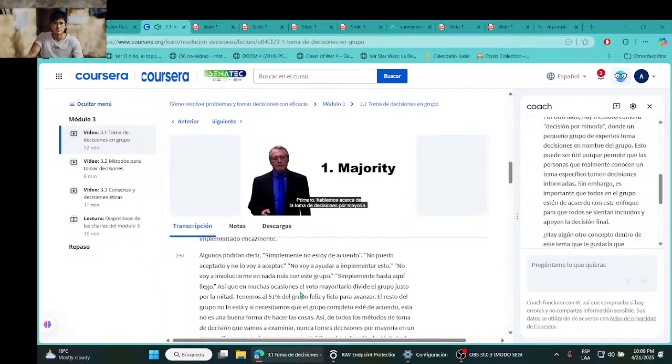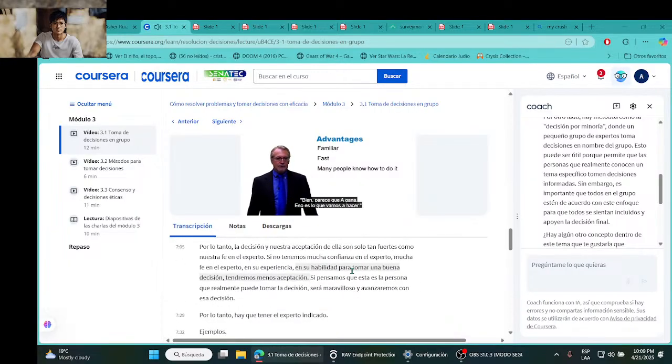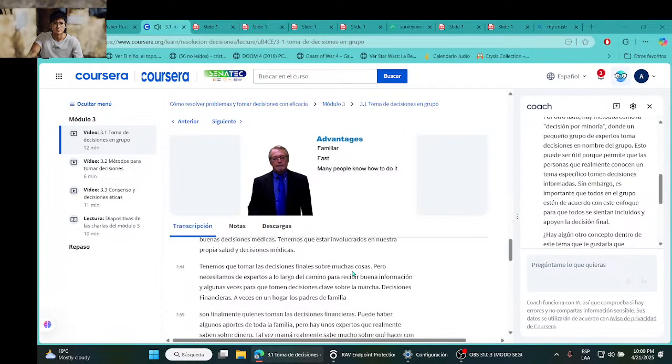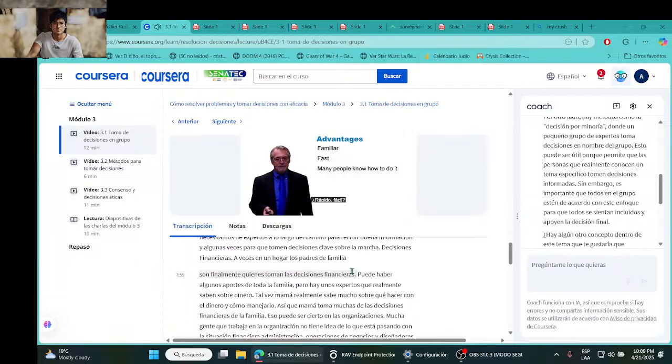First one, let's talk about majority decision-making. So what's majority decision-making all about? There's some advantages to this. It's familiar, it's fast. Many of us know how to do it, and we've known how to do this since we can remember, when we're little bitty kids. Majority decision making is usually a vote. We just say, okay, how many think we should do A? How many think we should do B? Okay, looks like A wins, that's what we're going to do. Off we go do that. So can we do it? Yeah. Know how to do it? Yeah. Fast, easy? Yeah, all that stuff.